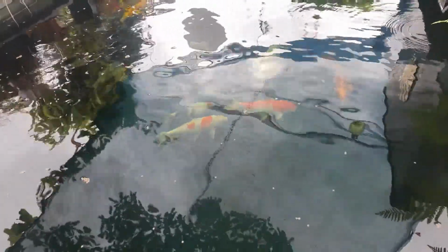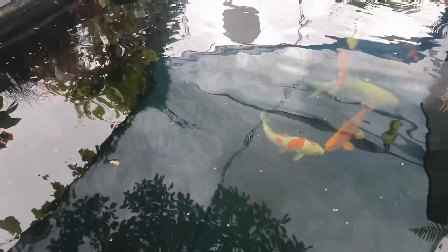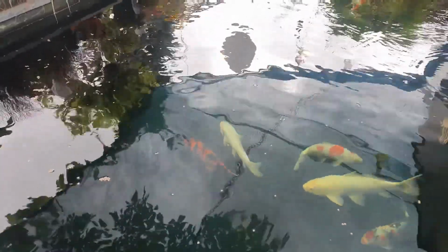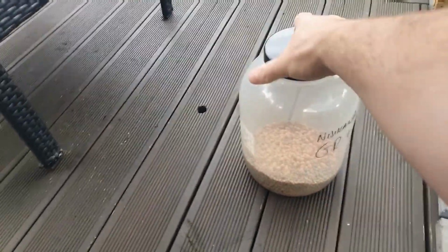But so you've got to start watching your feeding now. You know, if your pond temperature is getting lower, I'm thinking now, as sad as it is, we've got to start thinking autumn, because autumn's the next thing that's coming. So with that in mind, I've just got this amount of